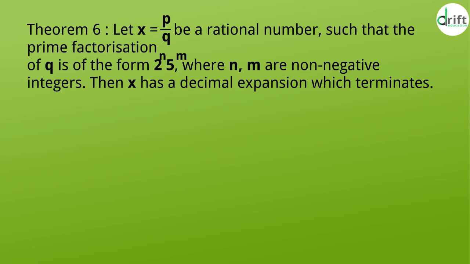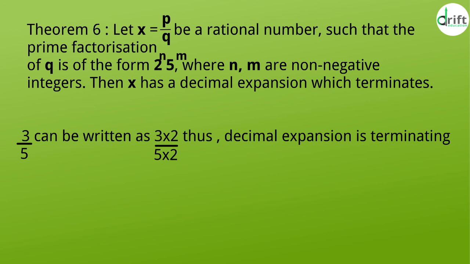Our sixth theorem states: let x equals p by q be a rational number, such that the prime factorization of q is of the form 2 to the power n into 5 to the power m, where n and m are non-negative integers. Then x has a decimal expansion which terminates. So we can say if the decimal expansion terminates or not without dividing. For example, 3 by 5 can be written as 3 into 2 by 5 into 2,